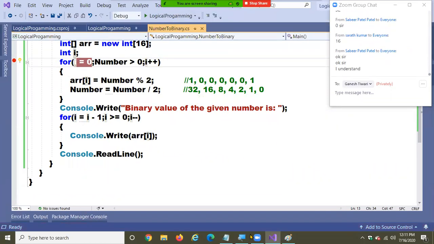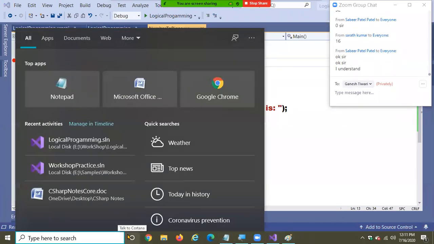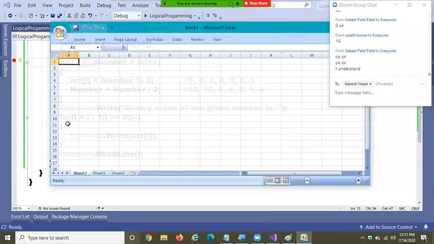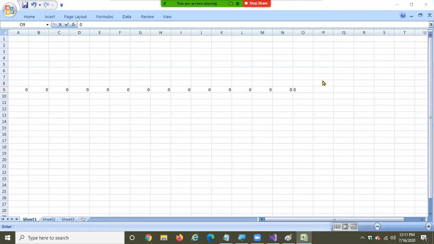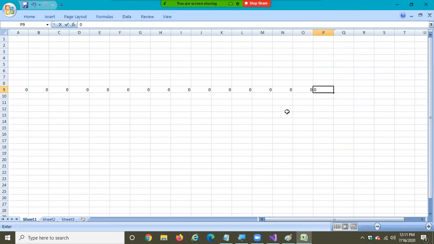Basically, you have taken 16 cells: 1, 2, 3, 4, 5, 6, 7, 8, 9, 10, 11, 12, 13, 14, 15, 16.